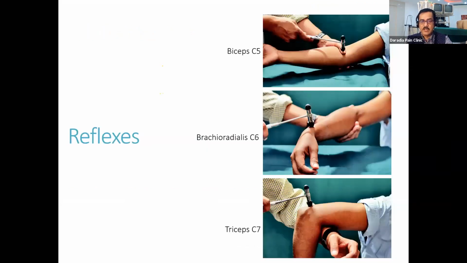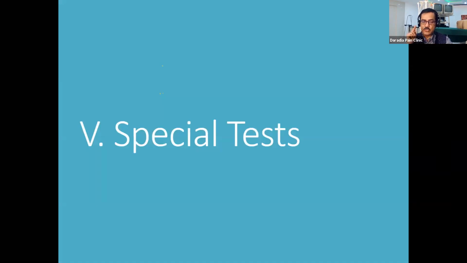And then are your reflexes: biceps, brachioradialis, and triceps. So in the whole neurological examination, starting from the sensory, you should be looking for whether there are any neurodeficits. You should be touching the area. Most commonly you are just touching, but if you want to be more precise, you can use cotton, or even a test tube having cold and hot water. But most commonly you are not doing that. Just touching for the sensory test, then the motor test with these different muscles, and the reflexes, to see whether there is any loss.